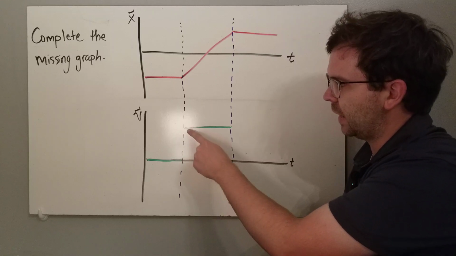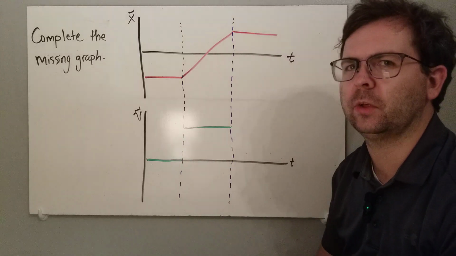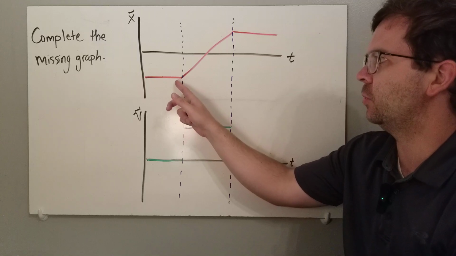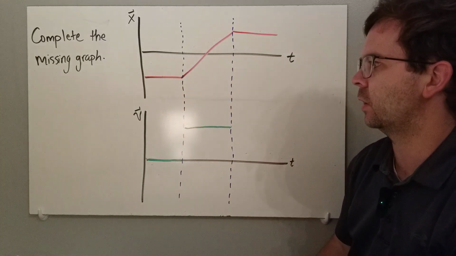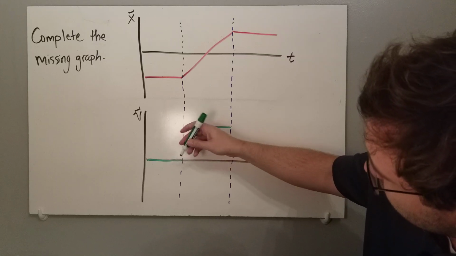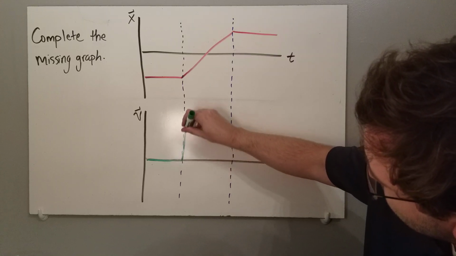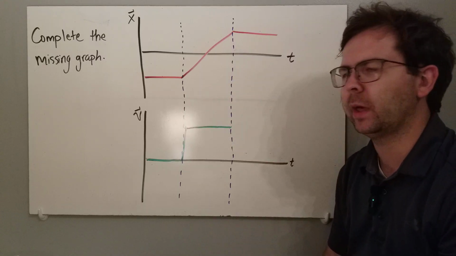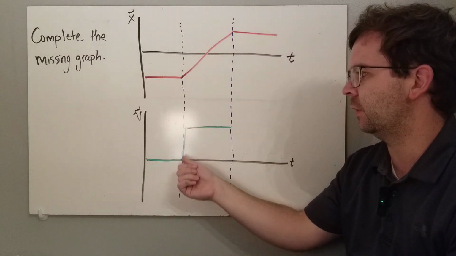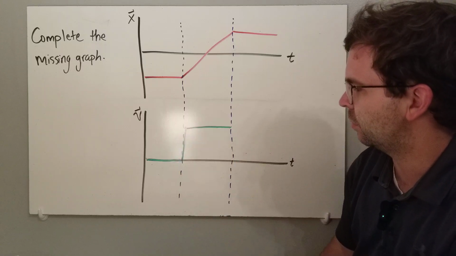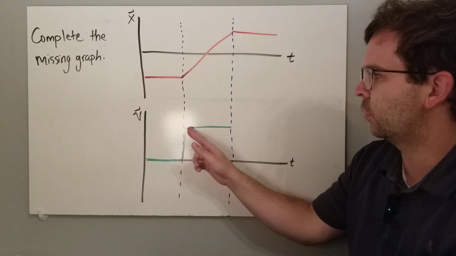You'll notice that I left a gap here, and that's because we're being a little idealistic about this. We're saying that immediately the object went from rest to moving at a constant velocity. So we would show that by basically just drawing a straight line up to this moment. In reality, there's always going to be a little bit of a delay. There's going to be some time there. And I've actually kind of drawn it like that in this picture here, that there's a quick jump up to